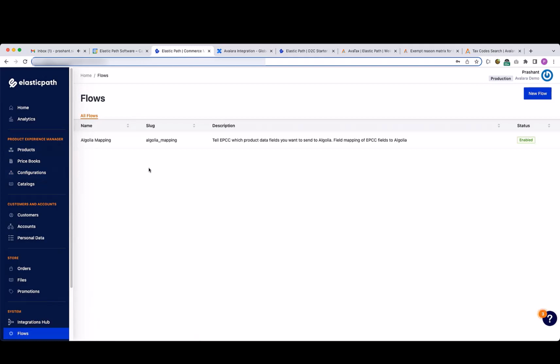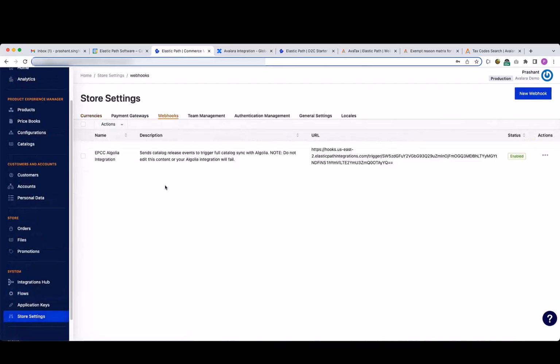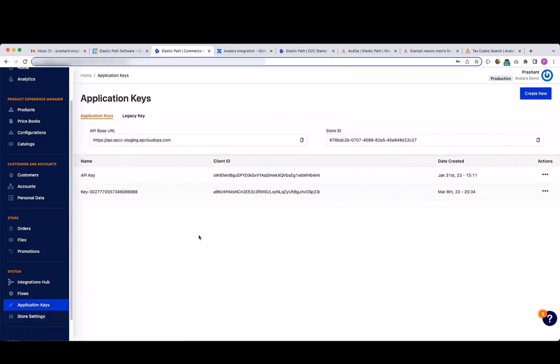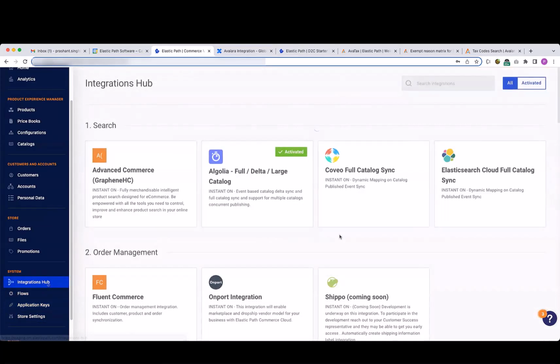And using the customer flow, you can add your entity use code, which is to exempt the tax for specific customers. And also in the template, this integration is going to create a template and attribute, which can be used to add the tax code for specific products. In the webhook right now, there is no webhook for the Avalara, and this integration will create new webhooks. We will need application keys so that we'll have a client ID and client secret. So let's start this integration